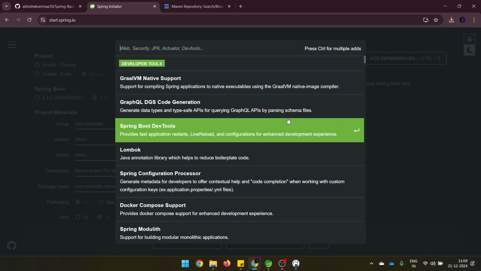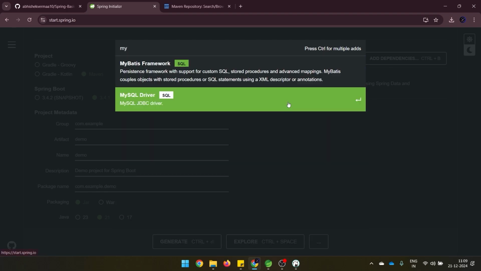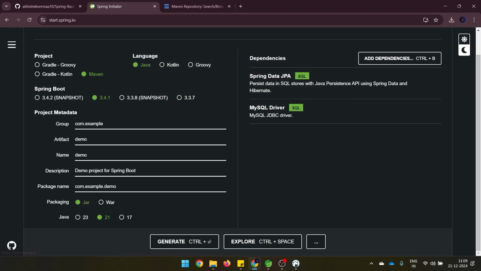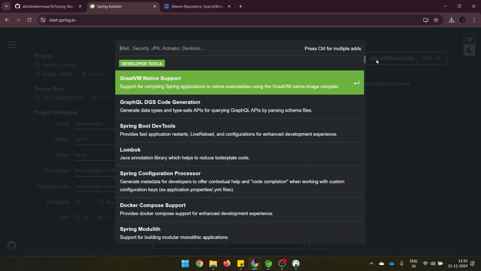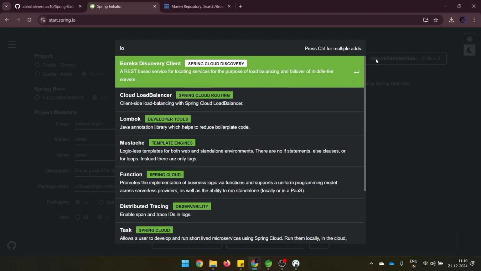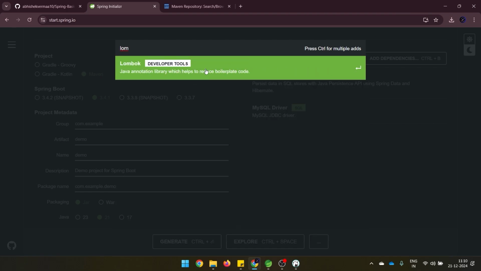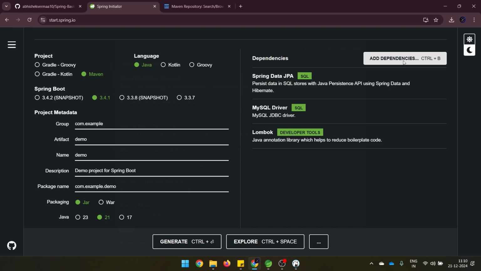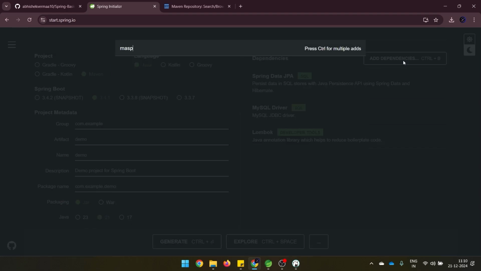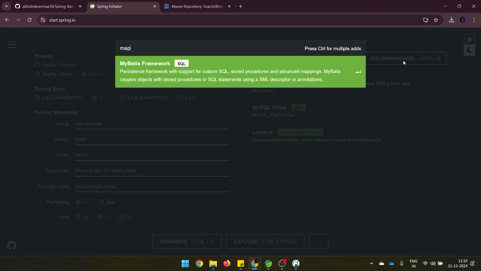Then after this, since I need to interact with the database, obviously I will be taking help of MySQL also. So this MySQL has also been added here. Then the next thing which I need here is Lombok. So let's try to add Lombok. Yeah, this Lombok has been added. Then let's see whether we can get Mapstruct from this. This Mapstruct is not available here,